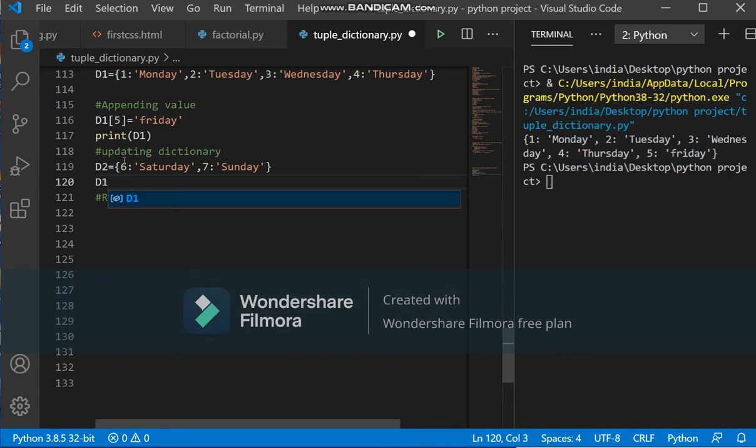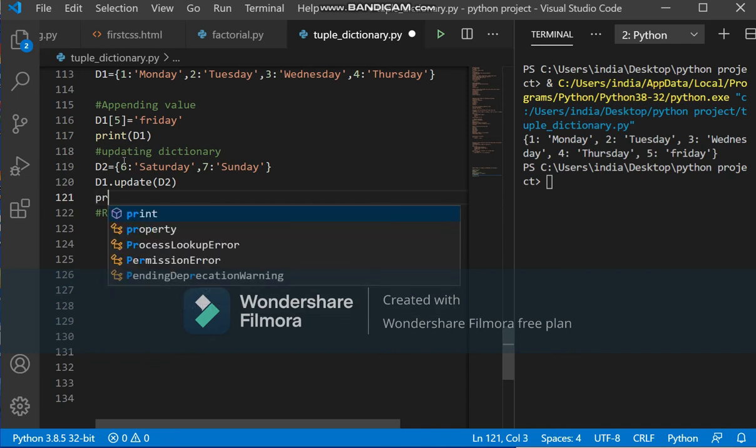For the update function, you can use D1 dot update, within parentheses pass the second dictionary that you want to add, that is D2. Now print D1.